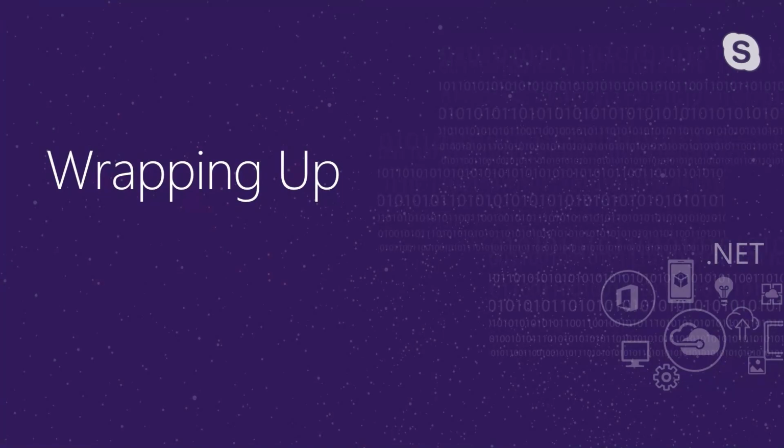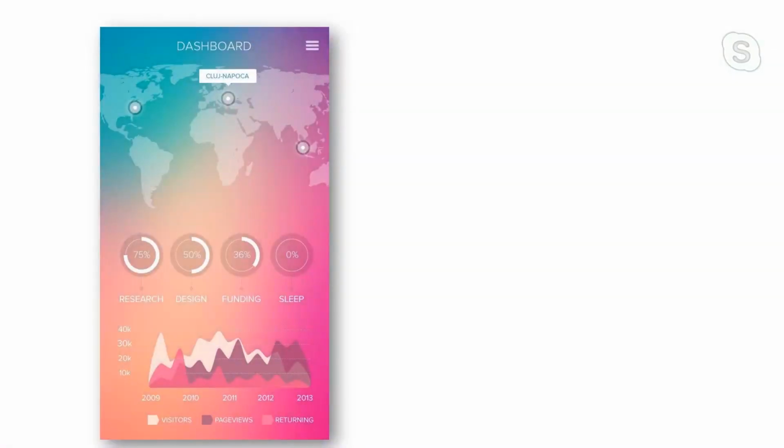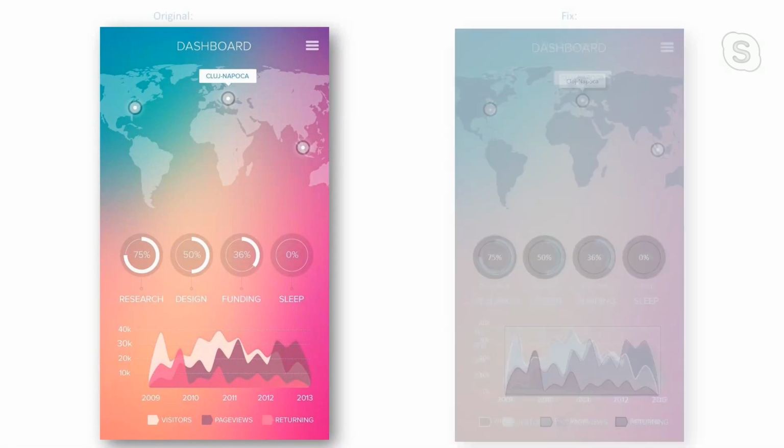All right, wrapping up. So I grabbed this example, found this out there on the internet, and there are a number of issues with this that can be fixed, and we've talked about some of them here in this session. But one of the biggest issues is that of contrast. We have text that is low contrast, essentially white text on a light background, and it's hard to read. It's maybe not so obvious when you look at it the first time, but when you go back and look at the rules and you come back and look at this,